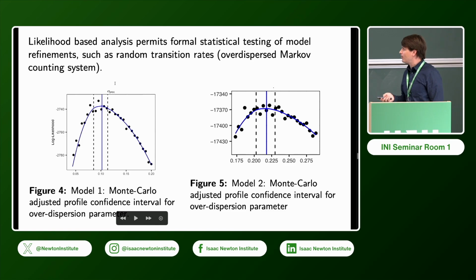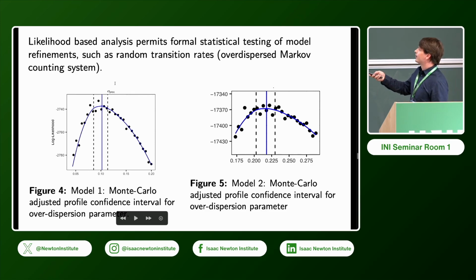So one thing that we added in our model was the environmental stochasticity. That was not present in either of the models previously. Here we're calculating Monte Carlo adjusted profile confidence intervals for the overdispersion parameter that enables the environmental stochasticity. And we find in both models highly favor having this environmental stochasticity versus not. And this is not an idea that's entirely new. A lot of studies have demonstrated the importance of environmental stochasticity in your models previously, but here we find that is also true in both of these models that we considered.